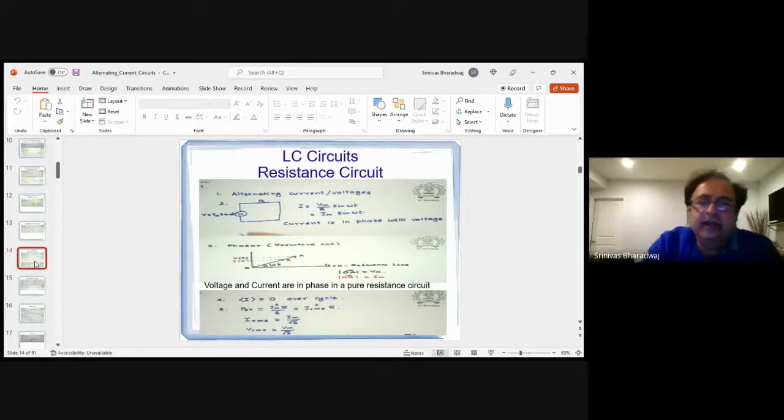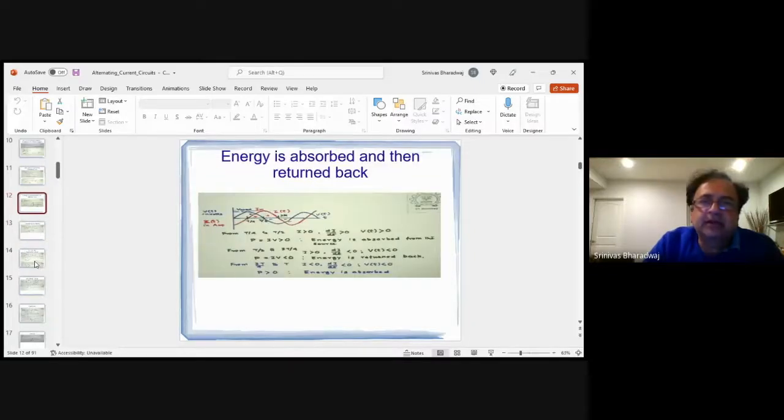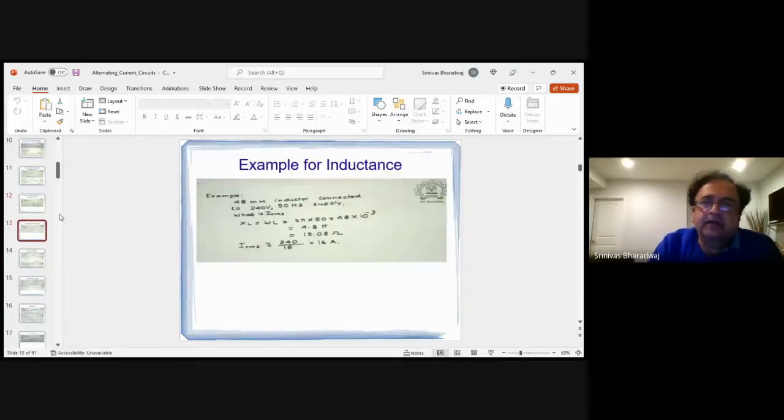So if you had an LC circuit, let's look at this example. Here you have the I and we have the V, and the I is out of phase, and you have the energy over a cycle as 0. So now what is the IRMS? If you have 48 millihenry, 240 volts, the IRMS is 240 by 48 times